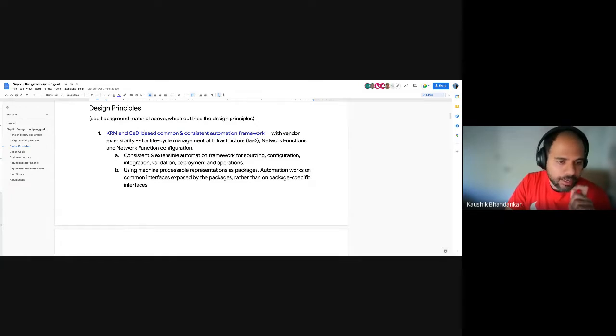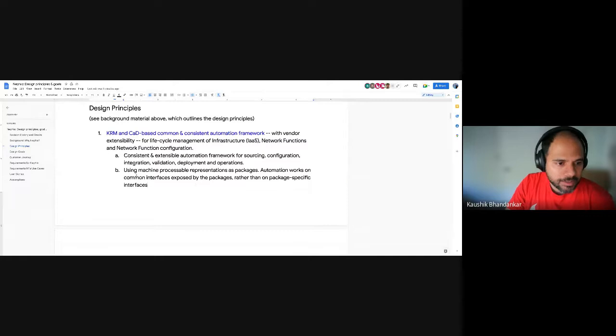So we are not taking away the ability for vendors to customize for whatever custom areas they want to do, but to the extent possible, the community should drive consistency across the suite of sourcing, configuration, integration, validation, deployment, and operation, the full lifecycle management of these layers of infrastructure.